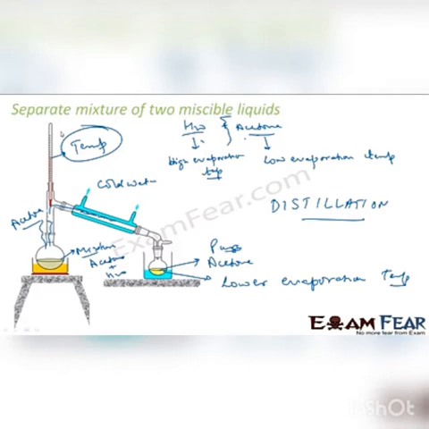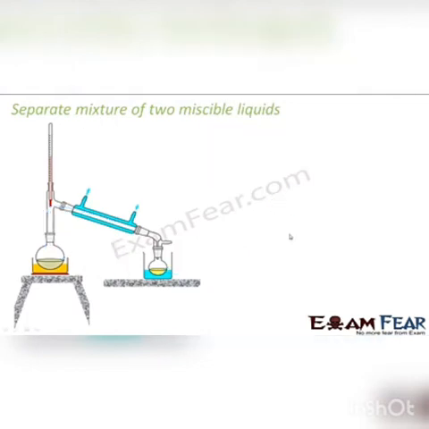But if the temperature difference between these, delta T, is less than 25 Kelvin or 25 degrees Celsius, why am I putting both? Because when we talk about a difference, Kelvin or Celsius is all the same. So if the difference is less than 25 Kelvin or 25 degrees Celsius, then we use fractional distillation. So if delta T is less than 25 K, then we use something called fractional distillation. That is different from distillation. I'll show you.